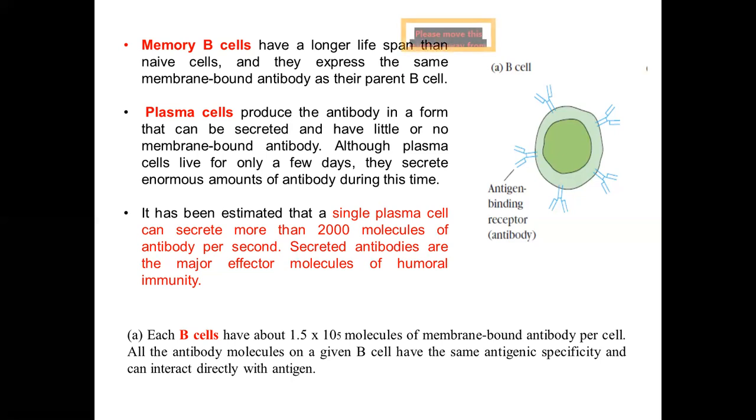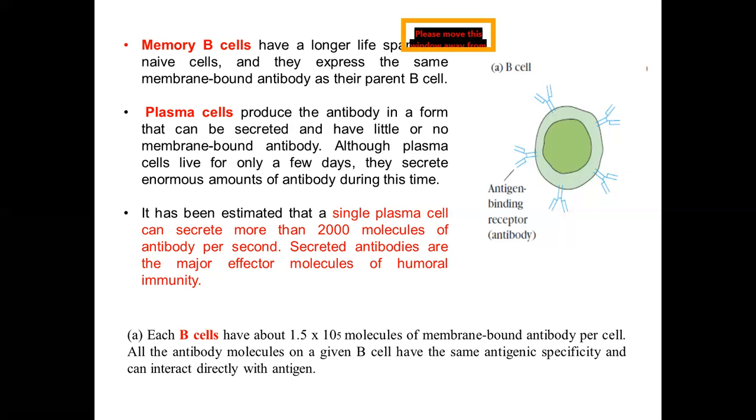And those plasma cells have a very short lifespan and live only for a few days, and these plasma B cells do not have membrane bound antibody. The memory B cell has a longer lifespan, and it gets activated when B cells encounter the same antigen for the second time. In such a condition, the memory B cell gets activated and expresses the same membrane bound antibody as its parent